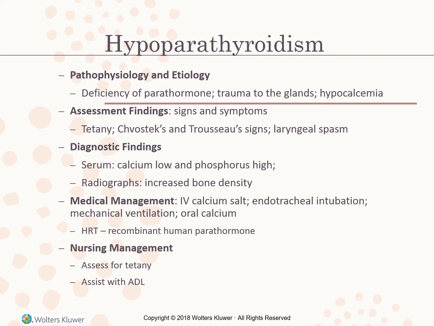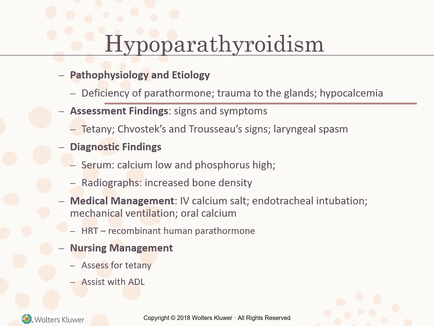In chronic hypoparathyroidism, the patient will experience neuromuscular irritability, constipation or diarrhea, numbness and tingling of the arms and legs, loss of tooth enamel, and muscle pain. The positive Chvostek and Trousseau sign might be seen depending on the degree of hypocalcemia. To diagnose this, the serum calcium level is decreased and the serum phosphorus level is increased, and the urine levels of both are decreased. In chronic hypoparathyroidism, the radiographs will show increased bone density.